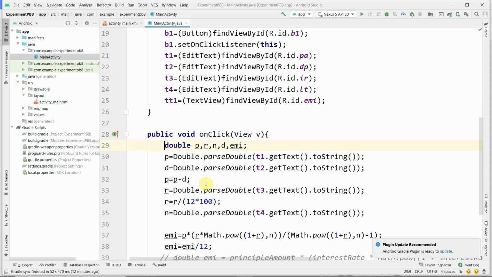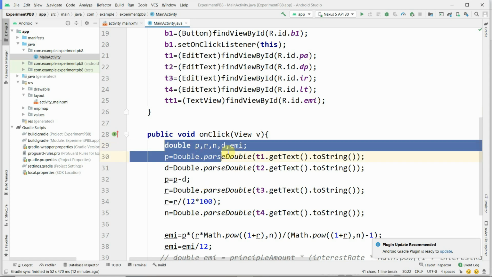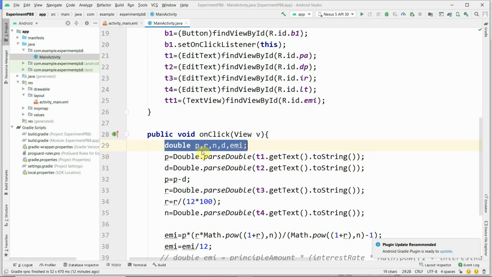Now we need the variables because we need to calculate EMI. Whatever text we typed in the EditText is in the form of string that we need to convert to double. First we have to create data variables of type double, and variable names are p, r, n, d, and emi.